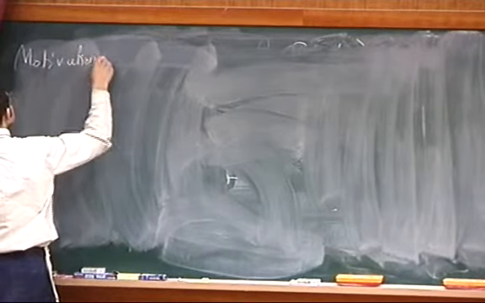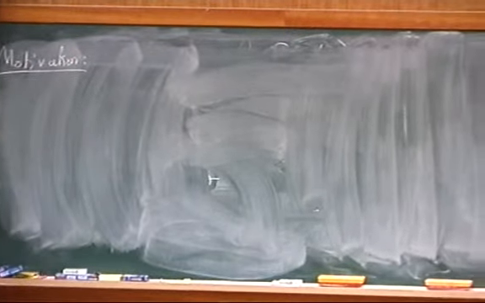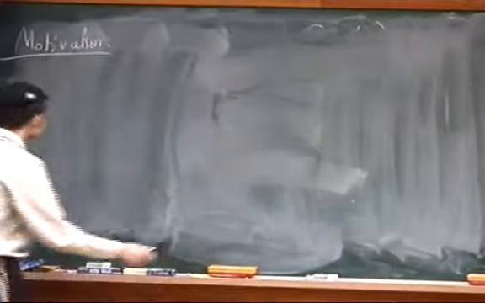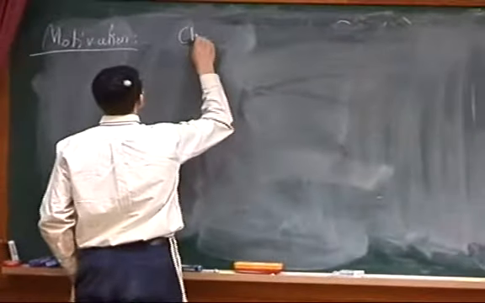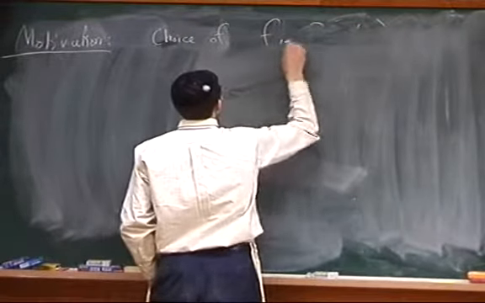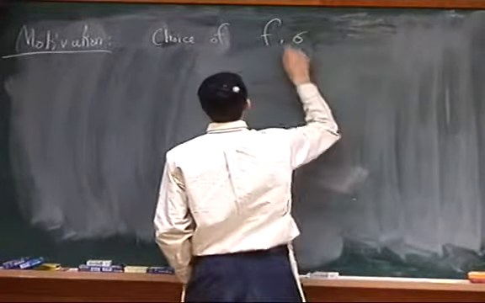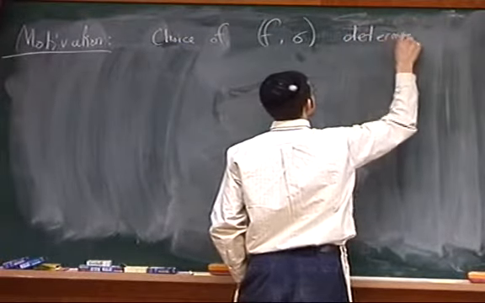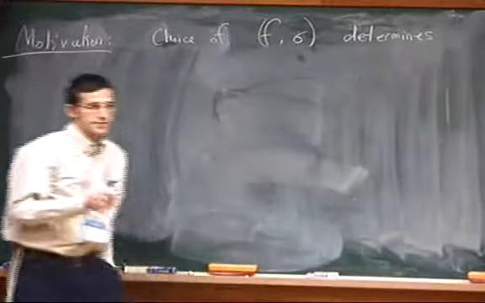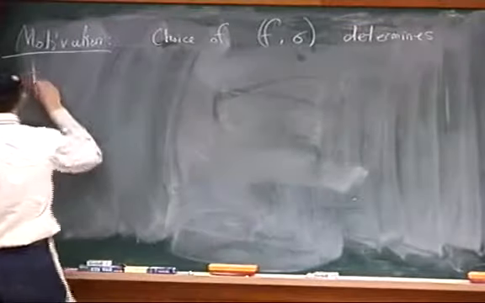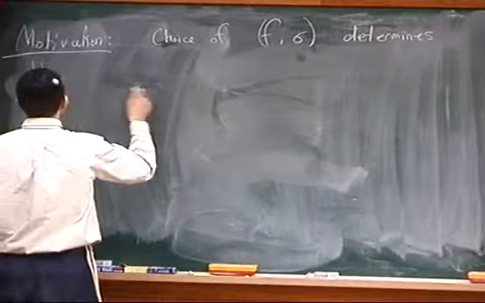Well, I've probably talked about this too much already, so I'll be brief. The motivation is that the choice of a fibration F and a section sigma determines, I think this is really an idea of Fukaya, the